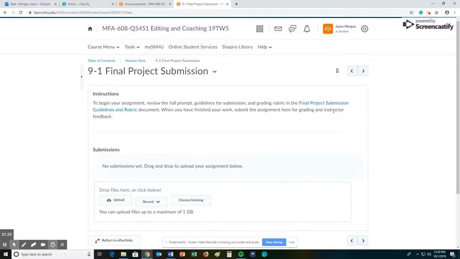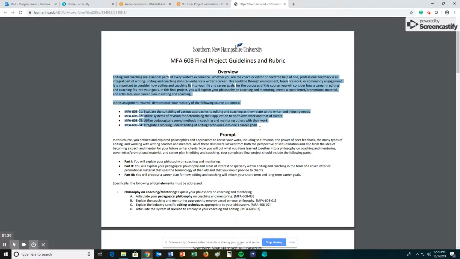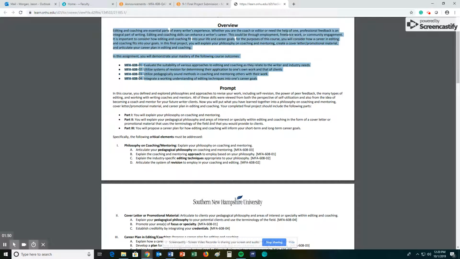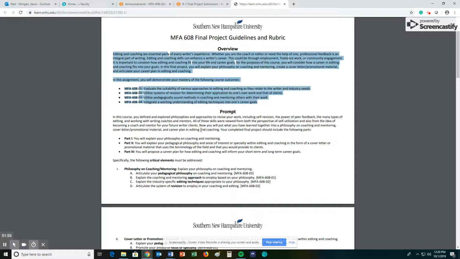Let's take a look at the submission. If you look at this, it can freak you out, but don't let it freak you out. The good news is that you've already done most of this, and the better news is it's just a chance for you to clean it up. This up here is the why of what you're going to be doing. We're taking the 3 major projects that you worked on. I think you submitted them in modules 3, 5, and 7, and you're going to put them together and combine them as your final project. But it's not just a matter of copying and pasting.